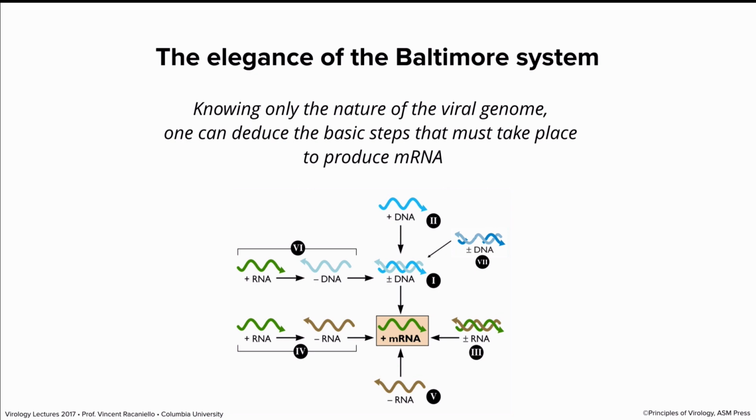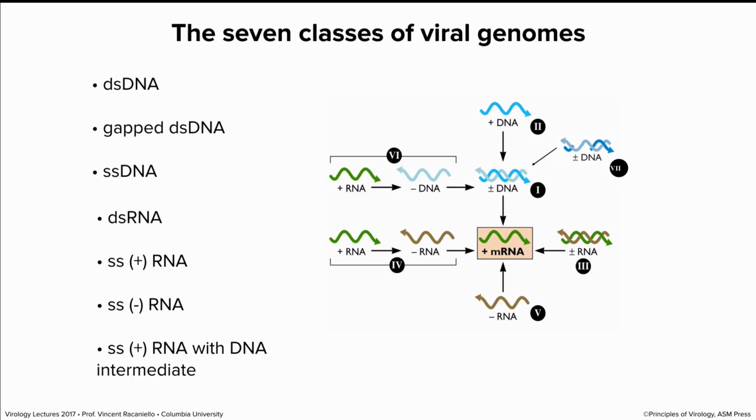All right, 7 classes of viral genomes. Here they are again, and you should just remember these. They're not hard. It's really the only ones you could figure out. The one that I think is not here is maybe an RNA-DNA hybrid. I've never seen one of those. That could be an eighth class, but I've never seen it.